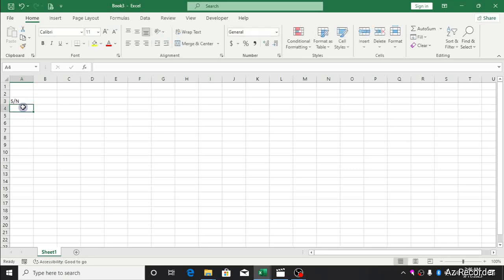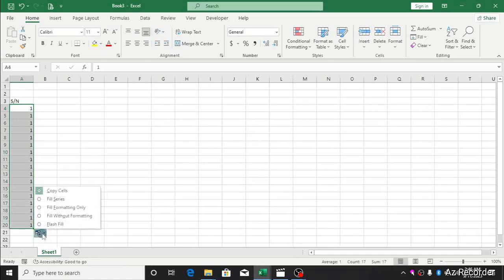Then you come down under the serial number, you type your 1 here, and then you come to the edge. Make sure your star sign is showing. Then you press the left click of your mouse, hold it, and drag to the number of students that are in the class. And you click. After that, you shift your cursor, let it point towards this arrow, and then you click this